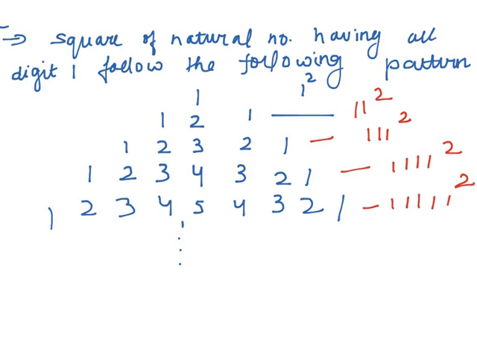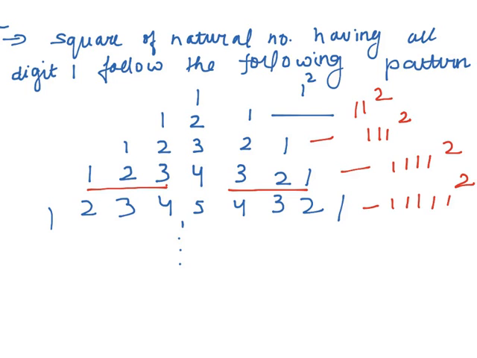So what this pattern shows, they are symmetrical in their middle term, like 1, 2, 1, then 1, 2, 3, 2, 1. So if we write 1, 2, 3, 4, 5, they are symmetrical on both sides, like 1, 2, 3 on the left side and 3, 2, 1 on the right hand side. So the sum of digits of every number on the right hand side is a perfect square.